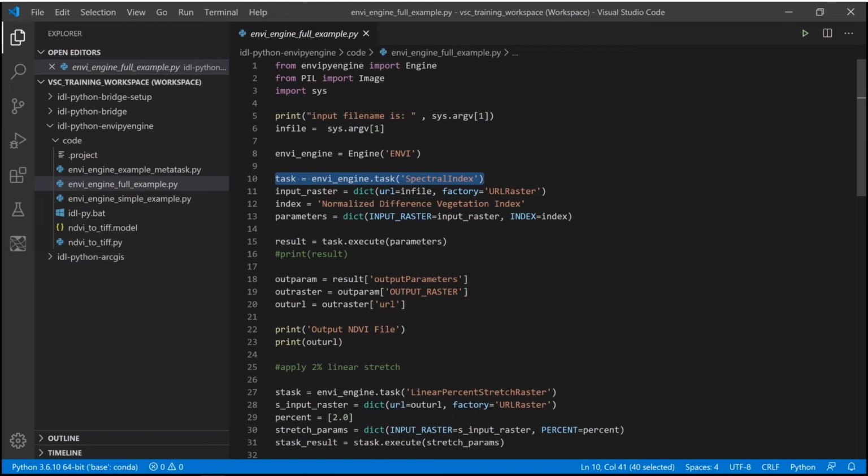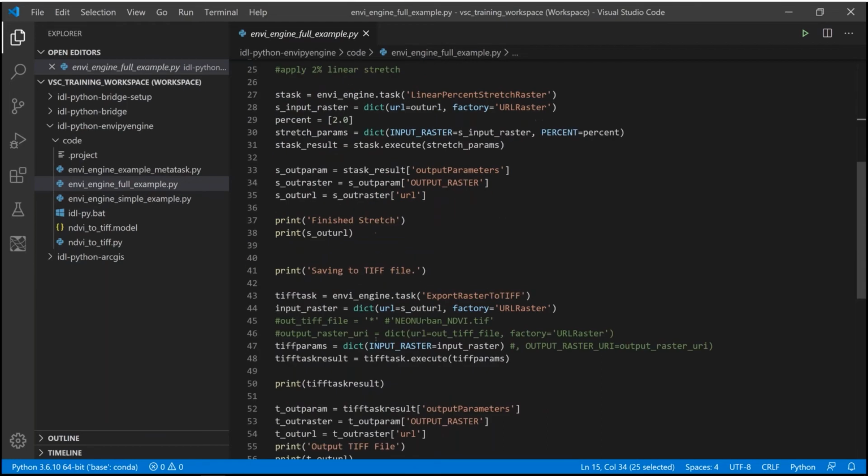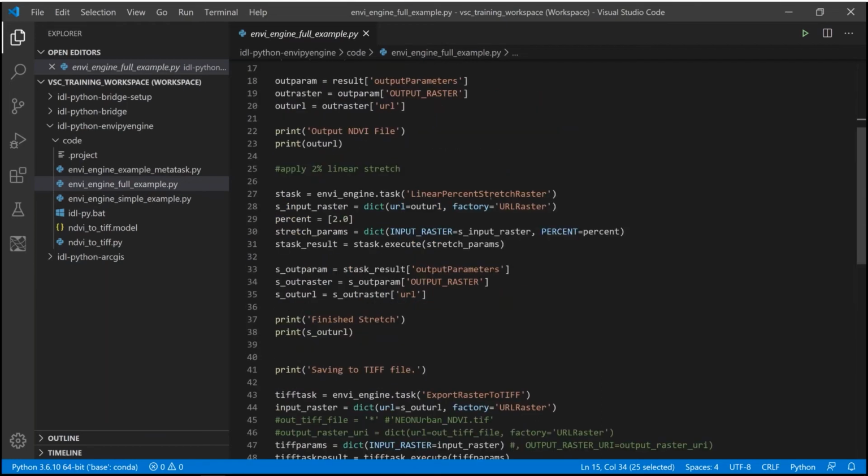So here we're just setting the input rasters, how you would do it here. We want NDVI again. We set the parameters in this dictionary variable, you'll see input raster and the index. And here's how we execute that spectral index task. It gives us a JSON result back. And these three lines are about extracting the outputs from that spectral index task so we can pass the output file to the